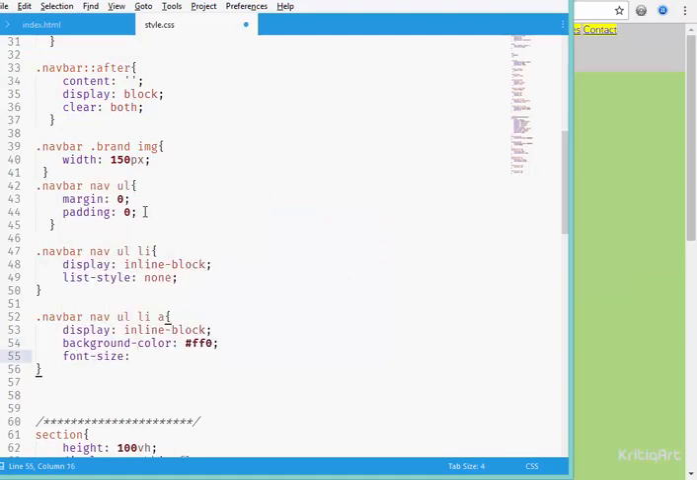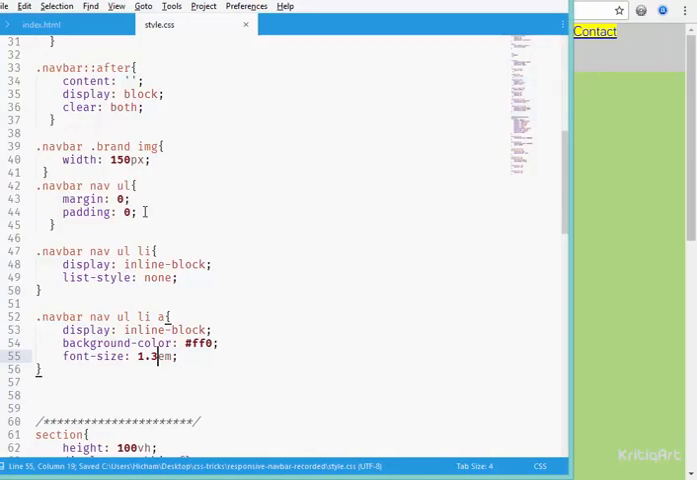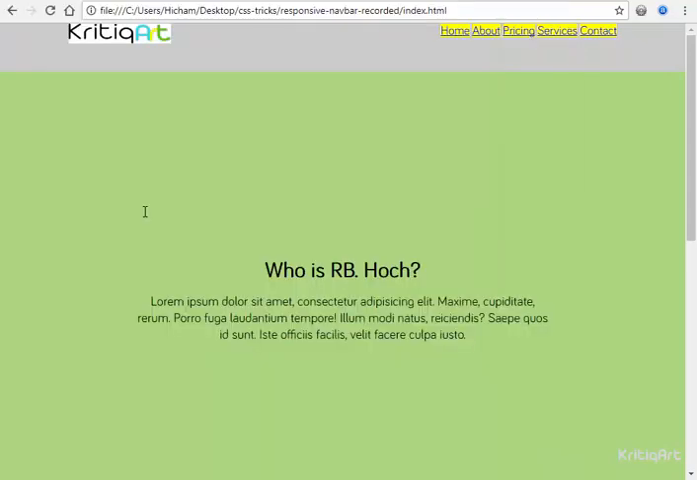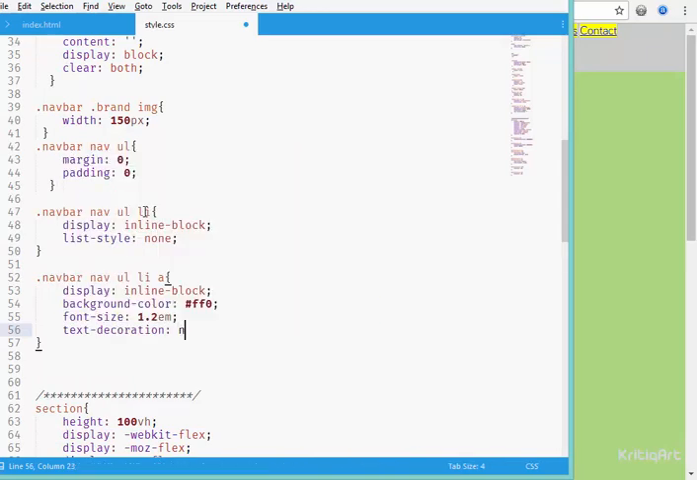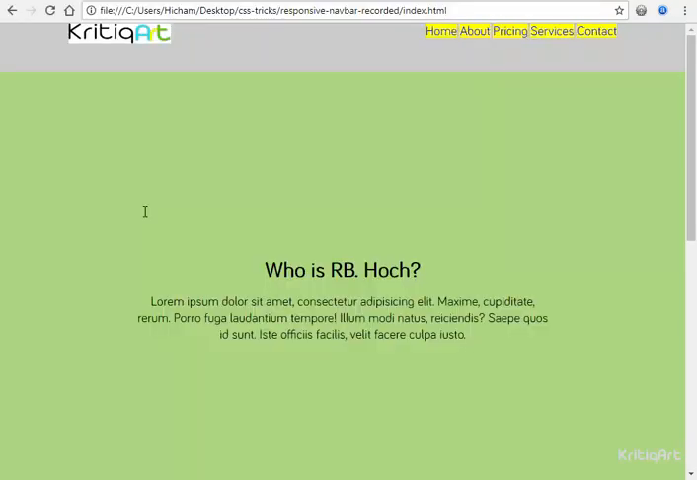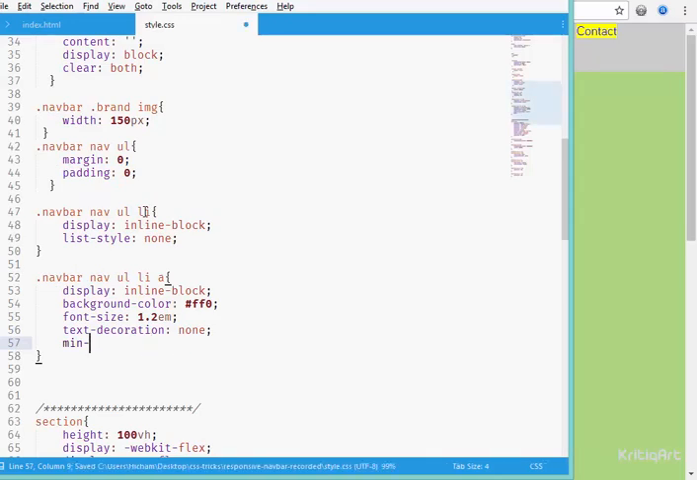Let's also add some font size here. What about 1em? Alright, let's increase it a little bit. 1.4, too big. 1.3, too big. What about 1.2, or just what about 1.1? Alright, or let's return it back to 1.2. I need also text-decoration none, to remove the underline, and also I need some height, or min-height of 70 pixels, or let's just add a line-height of 70 pixels, the same height as my navbar,